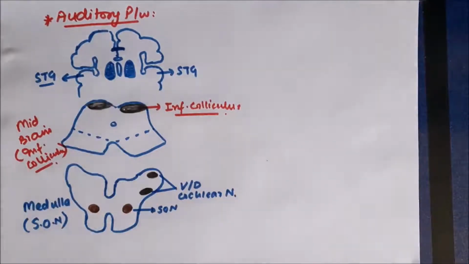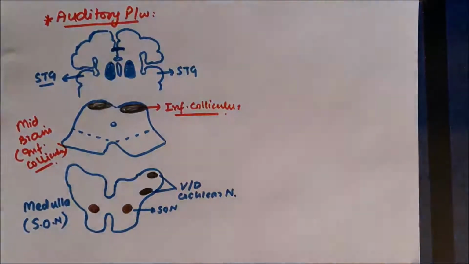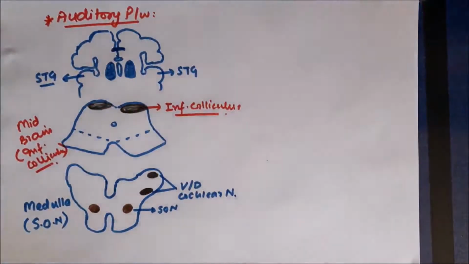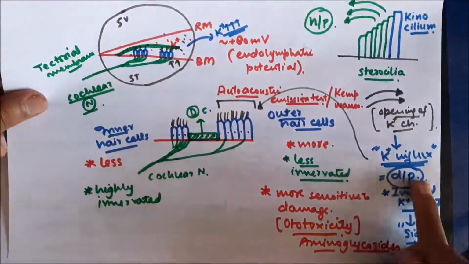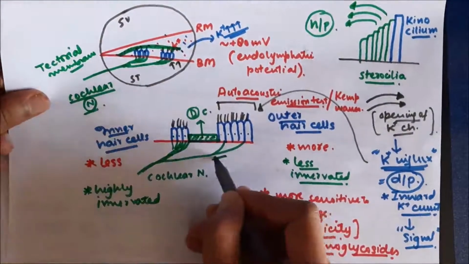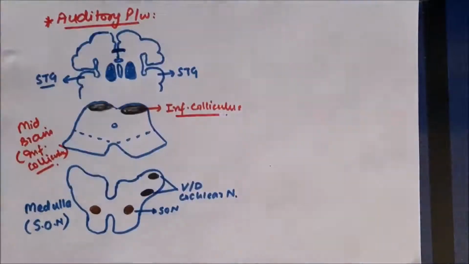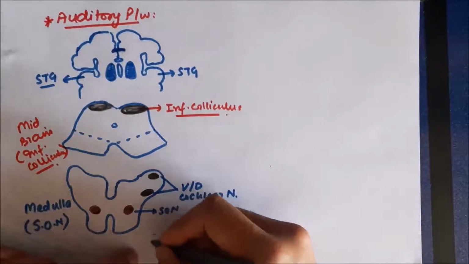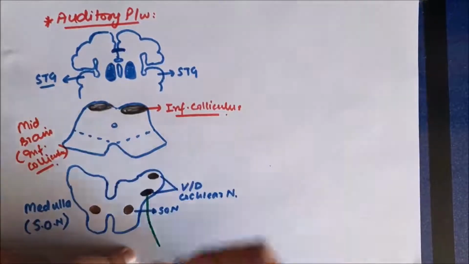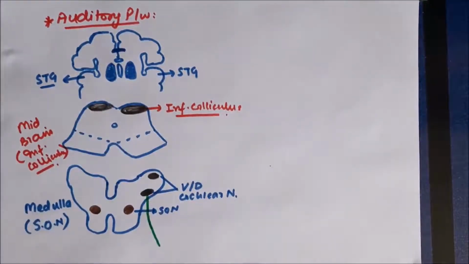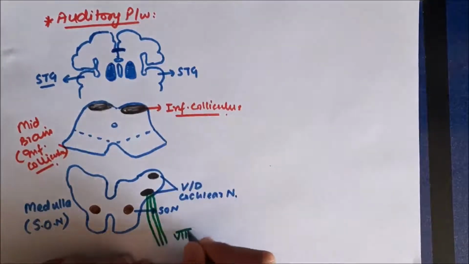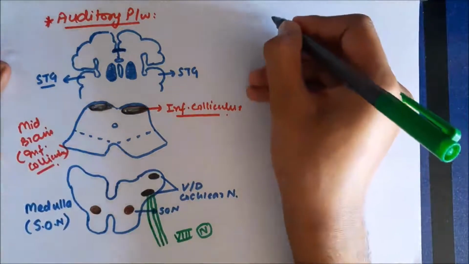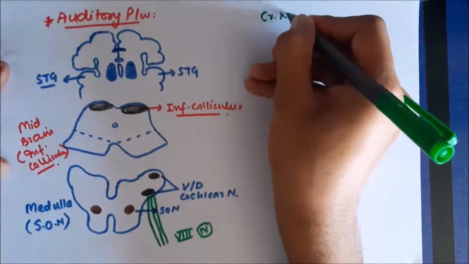Now whenever sound waves produce action potential in the hair cells, that action potential eventually goes to the cochlear nerve, which is a part of 8th cranial nerve. So there's action potential generated here which goes through the cochlear nerve. Now this cochlear nerve is a part of 8th cranial nerve, that is vestibulocochlear nerve. Now the fibers of this nerve, they go to the cochlear nuclei which are present in the medulla. So this is the 8th cranial nerve, that's vestibulocochlear nerve. So let us, sideways, trace the pathway.